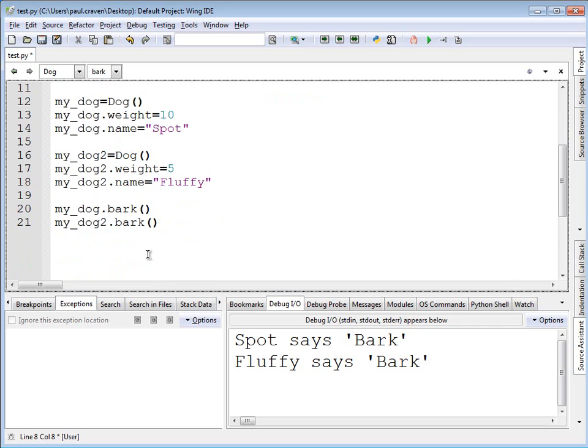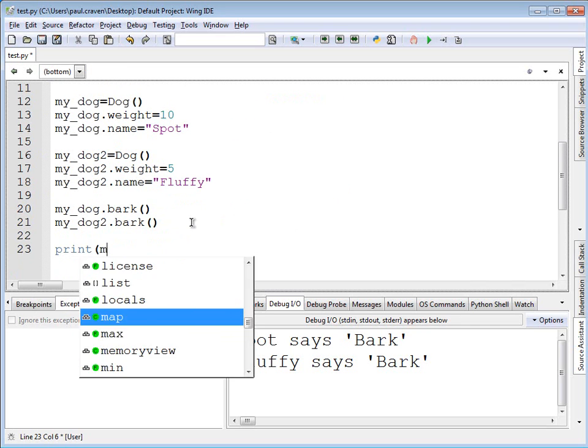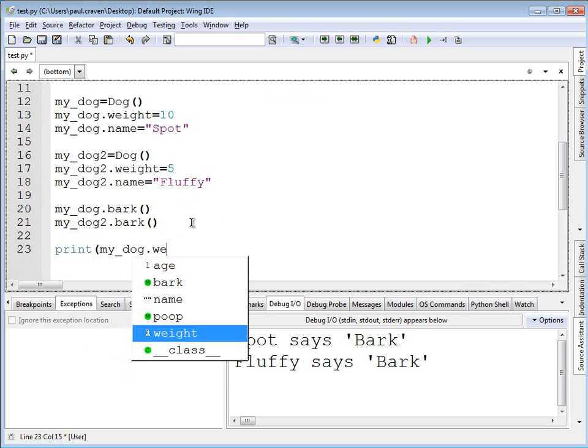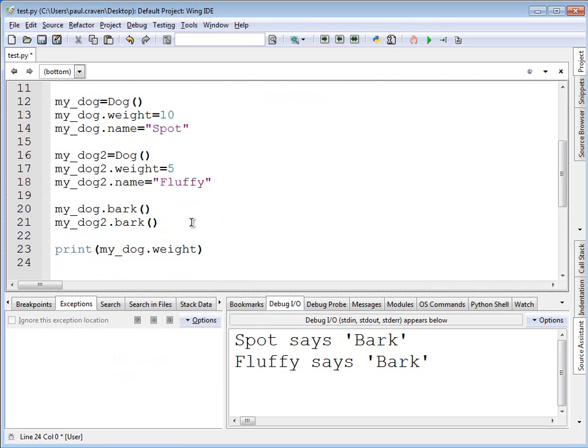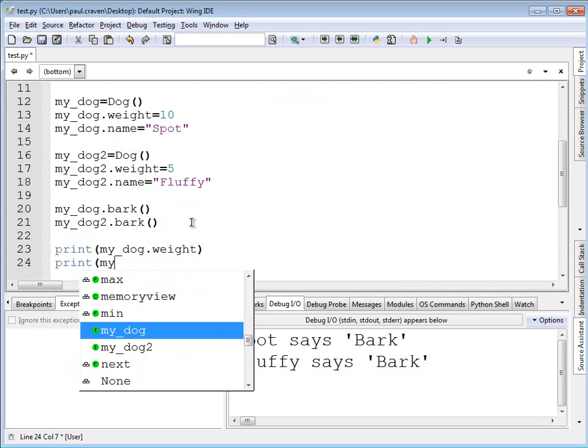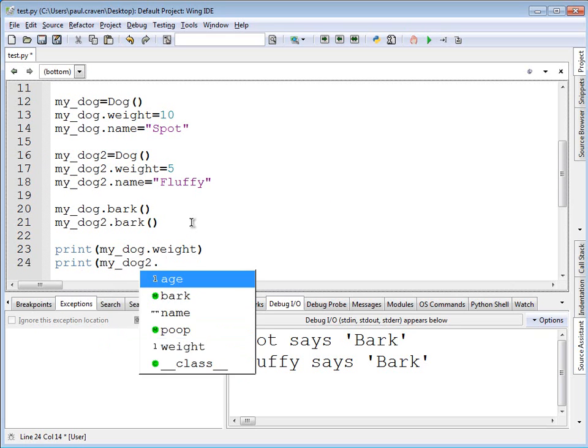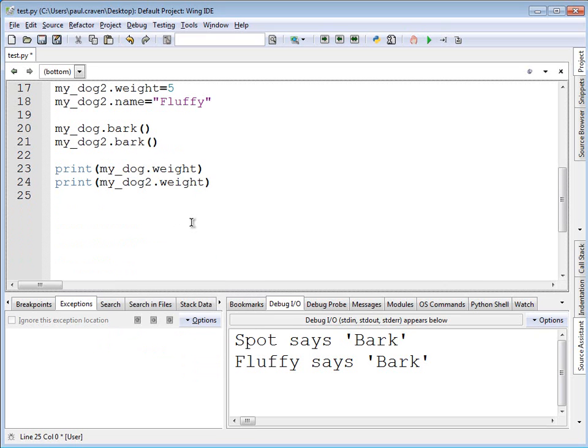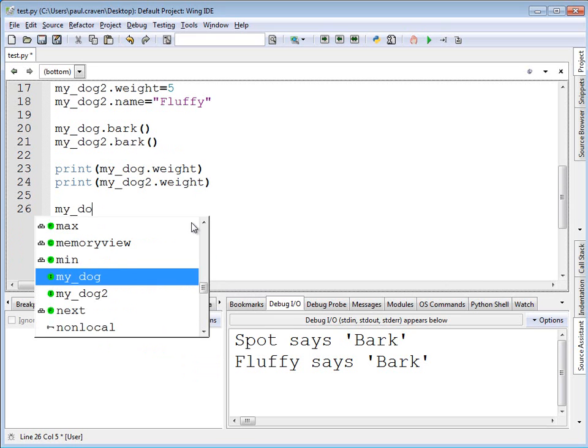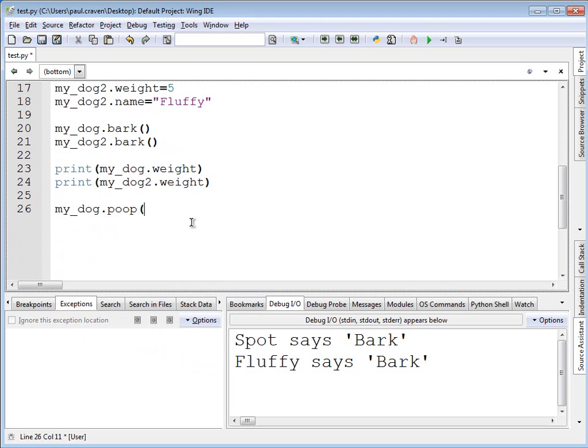When I run this program, right now nothing in particular happens, but I can print my dog's weight, and I can print my dog 2's weight. If I do that here, and then I have one of the dogs poop, and print the weight again,